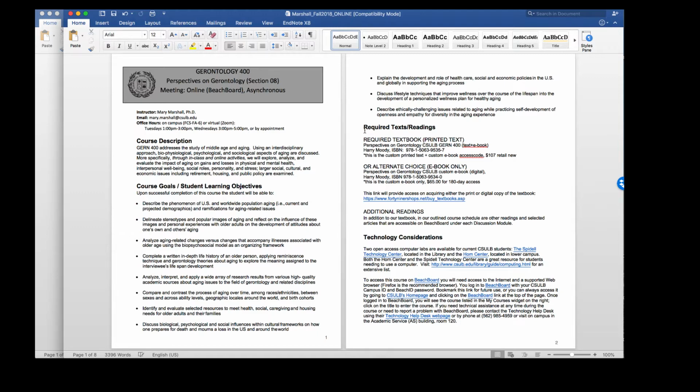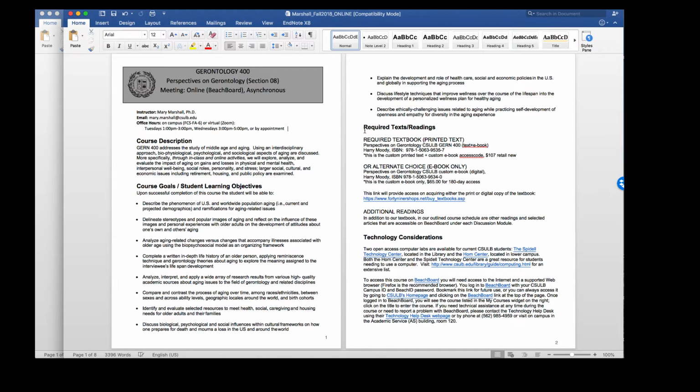Now moving on to the required texts for this course. We have one textbook for this class. You can choose to either get the printed edition, which actually comes with an ebook access code. That's $107 the last time I checked through the 49er shop. Or you can choose the ebook only option, which is more of a renting, where you would have access to the book for 180 days, enough for the class, and then it would disappear from your account. And that's $65. I understand books are expensive, so if you've found a used copy somewhere, you can check with me to make sure that the page numbers are going to line up before the class starts.